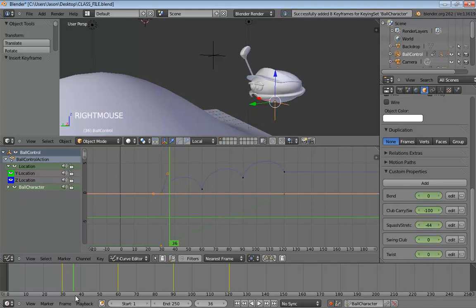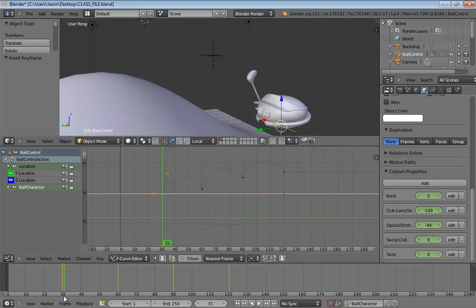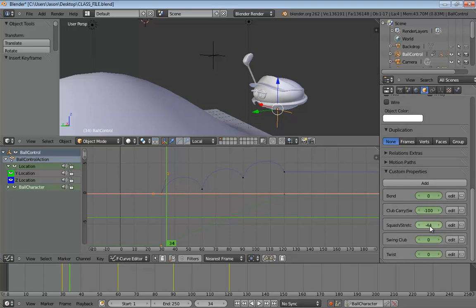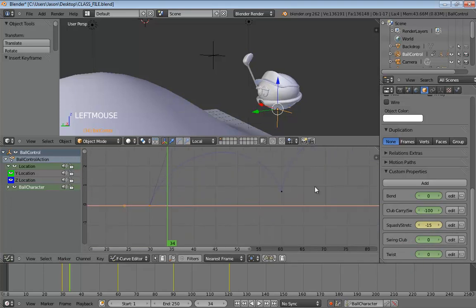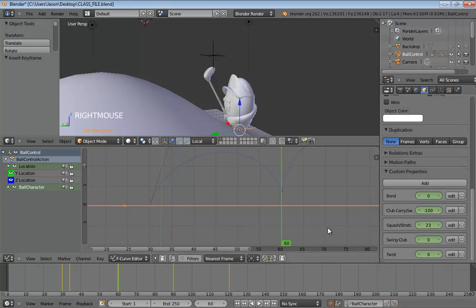And I just want to check something real quick. I want to know if Blender's going to do this, because let's see. If I bump this value, is everybody going to get keyed? Because if it is, I'm about to go change my keying set just a little bit. So we'll stretch this up. And no, good. I just wanted to verify that he's not going to be adding in any keyframes where we don't need them. So we'll stretch him up. And I knew it shouldn't, but I mean, sometimes when you use a whole bunch of different applications, it's hard to remember which ones behave in what way.